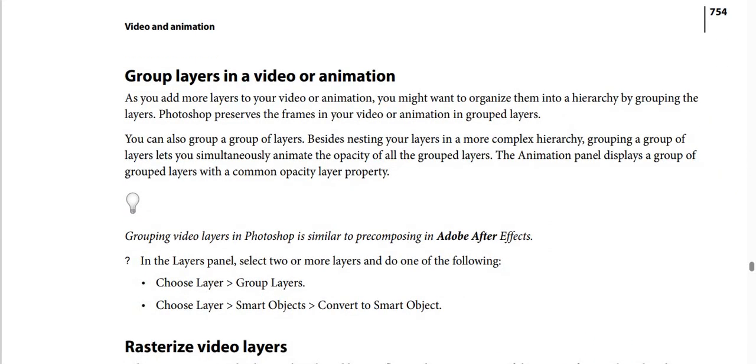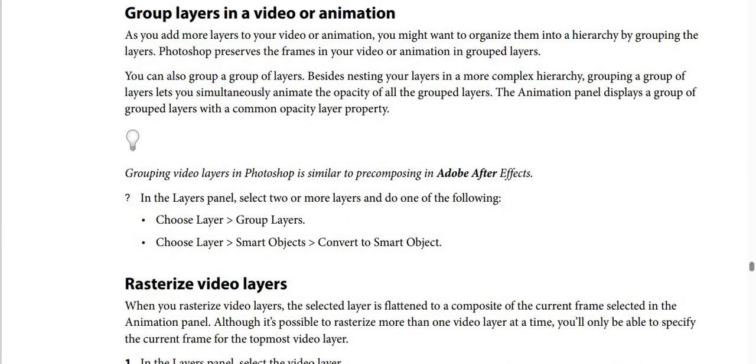And what about group layers in a video or animation? By the way, as you add more layers to your video or animation, you might want to organize them into a hierarchy by grouping the layers, and Photoshop preserves the frames in your video or animation in grouped layers. And you can also group a group of layers, and besides this, nest your layers in a more complex